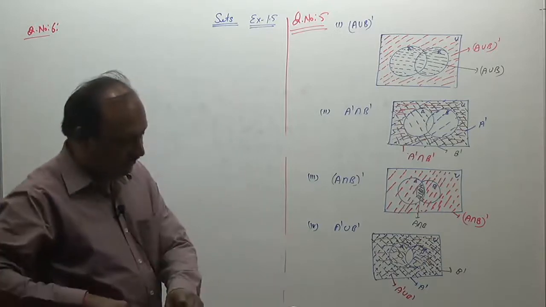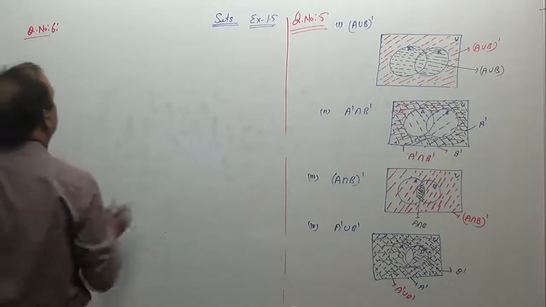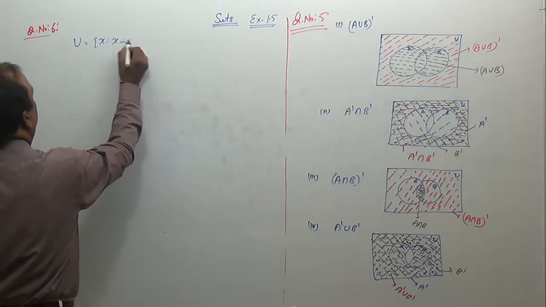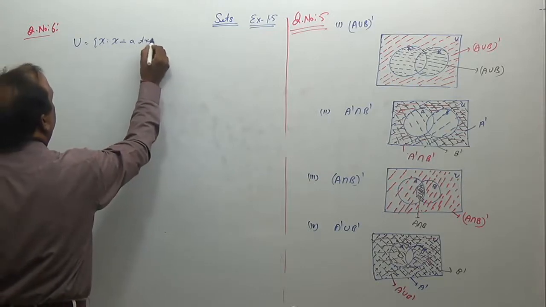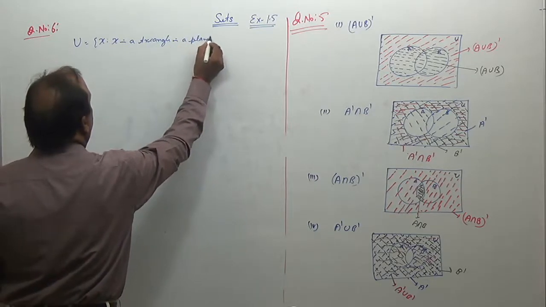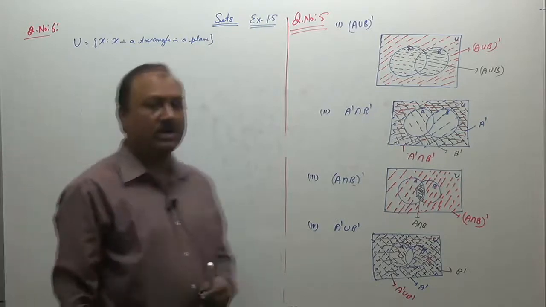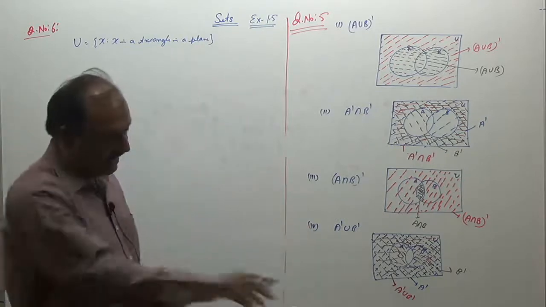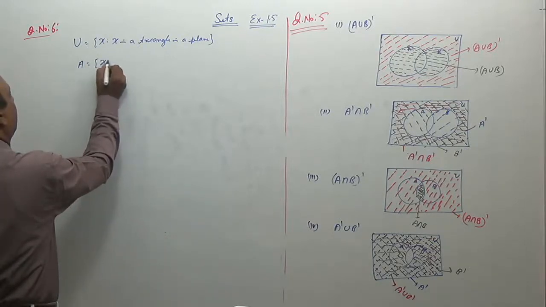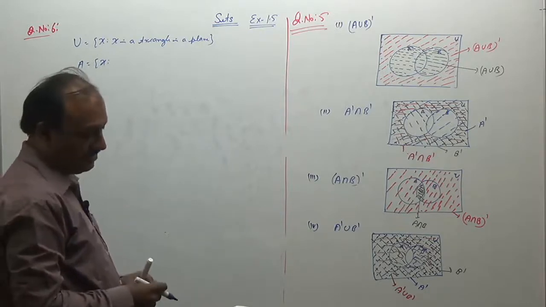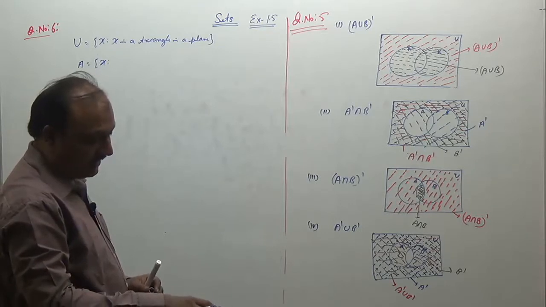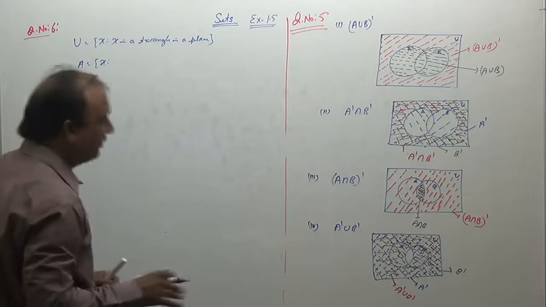Question: U is the set of all triangles in a plane. The universal set is X such that X is a triangle in a plane. That is, this set contains all types of triangles in a plane. Now there is a set given, denoted by set A. A is the set of elements X such that X is a triangle with at least one angle different from 60.